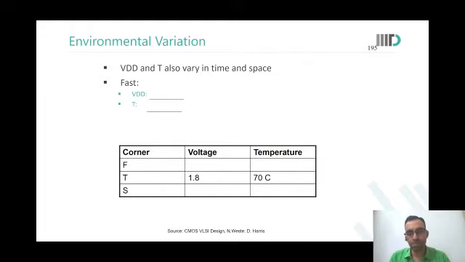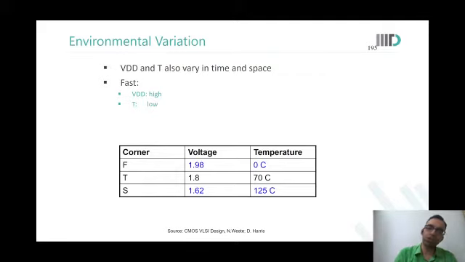The resistance decreases and the delay also decreases. The delay decreases, so I move towards fast. Yes. At what temperatures will I be faster? Initially, the mobility will increase, then the mobility will decrease after a certain temperature. So if you're operating at high enough voltages, lower temperatures are faster. If you're operating at low voltages, then you will see that higher temperatures are faster.